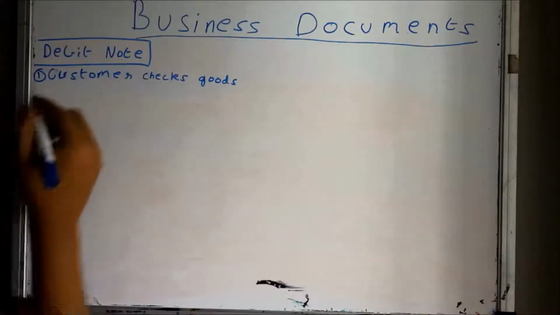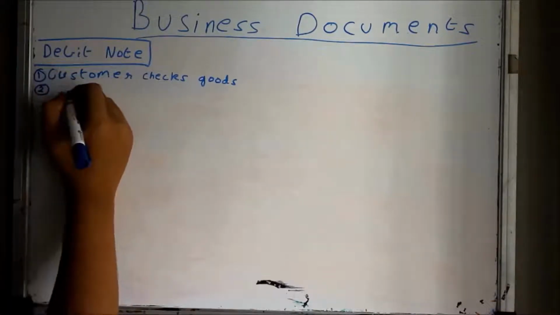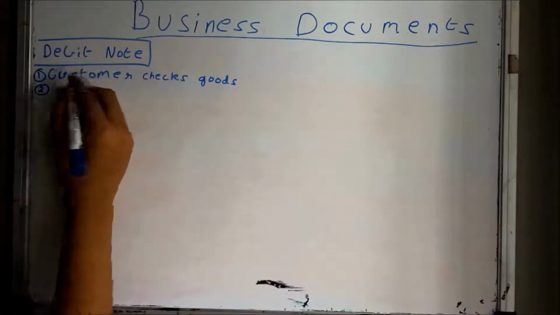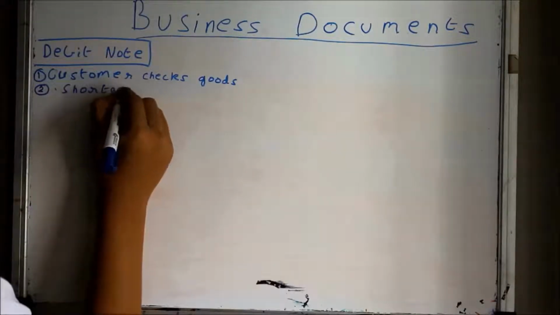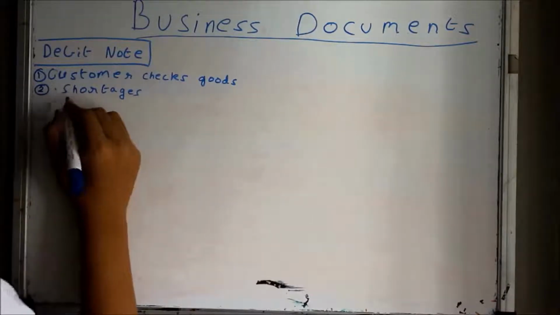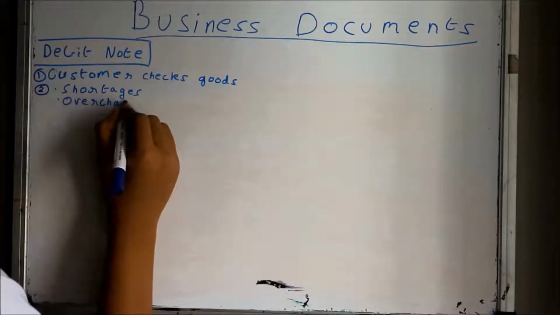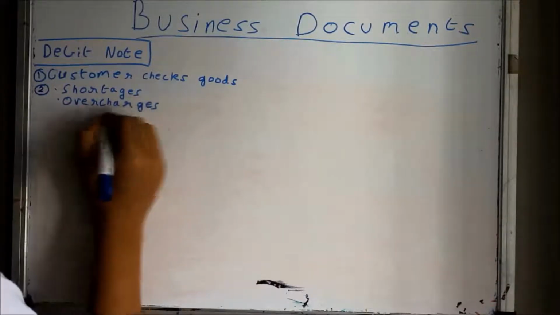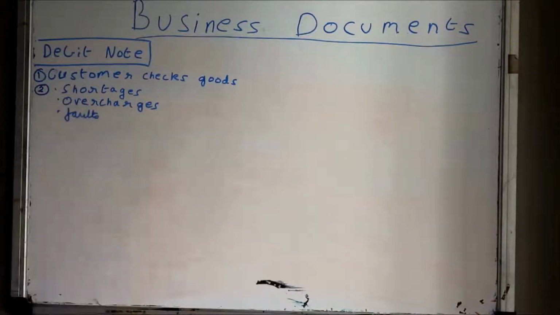So there are a number of errors which can occur, as I was saying. So the errors which could occur are shortages, then there are overcharges, and lastly there are faults. Now these are